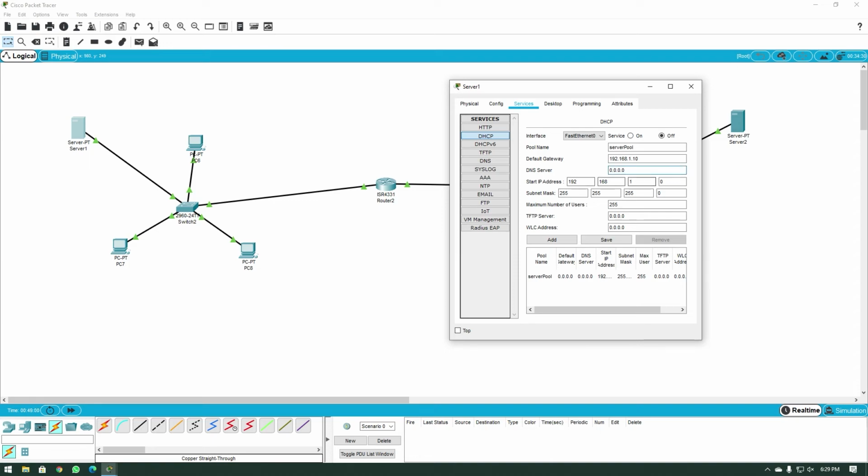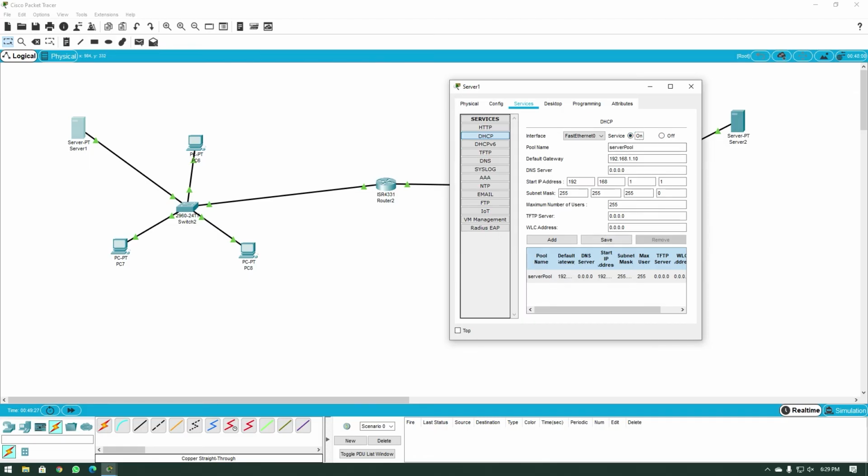And the start IP could be 192.168.1.1. The subnet mask is correctly set to 255.255.255.0, and I'm just going to do a save. Remember to click on save. It is only then that it will save whatever you have typed over here into the table over here. And also remember to turn the service on by clicking on this.